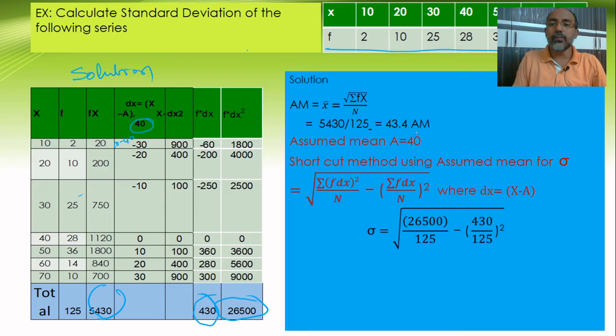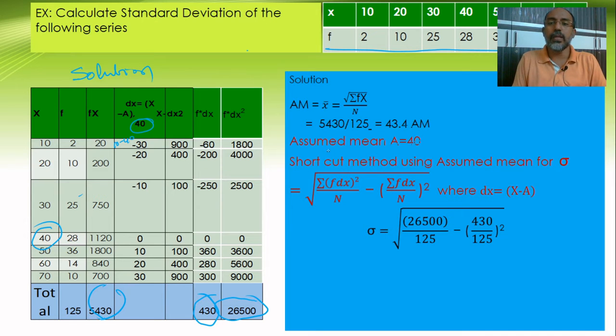But I have taken 40 as the assumed mean instead of the actual mean. Even without doing the arithmetic mean calculation, you can straight away find a suitable number. Say the values run from 10 to 70. What is the ideal number? Take 3 on this side and 3 on that side, and the middle number is 40. Even if you take 45 hypothetically, there is no problem. According to your wish, you can use any assumed mean.